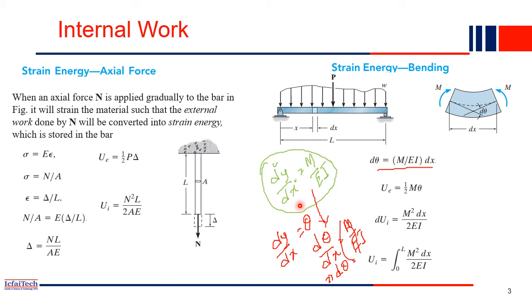In this method, our main objective is to find the slope and deflection in a beam. This is the arbitrary load applied, and because of that our beam will deflect. In the last module, we derived the slope and deflection using the geometric method, but in this method we'll try to solve it using the energy method.